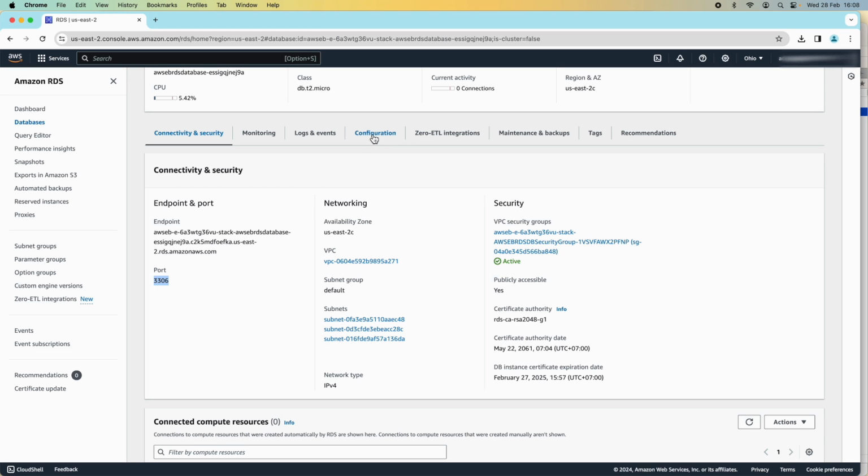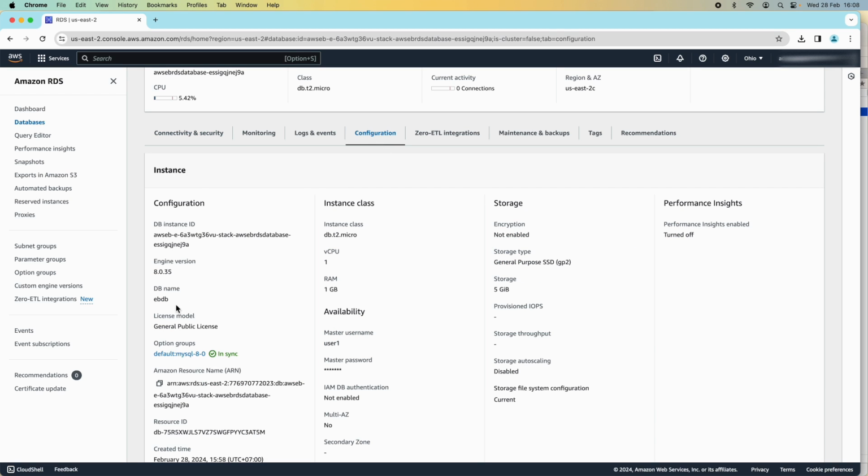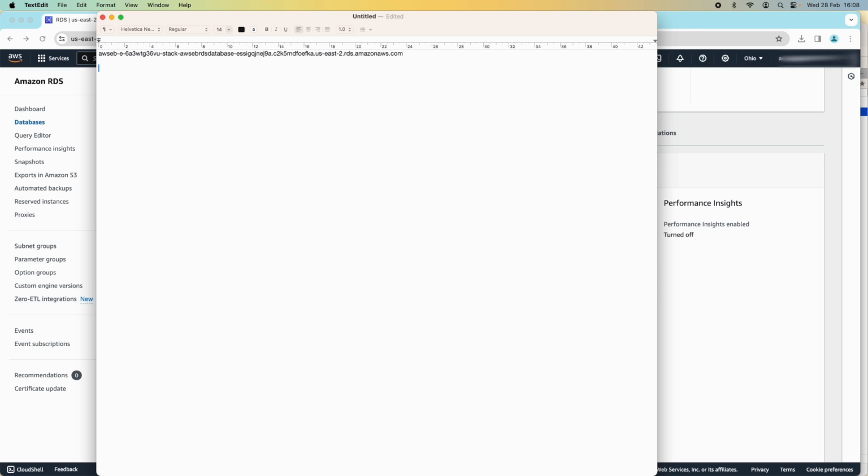And click the configuration tab. You can see the DB name is ebdb here. You see the schema name created for the new database. Okay, so I construct the JDBC URL like this. Port number 3306 and schema name. The prefix is jdbc colon mysql colon //